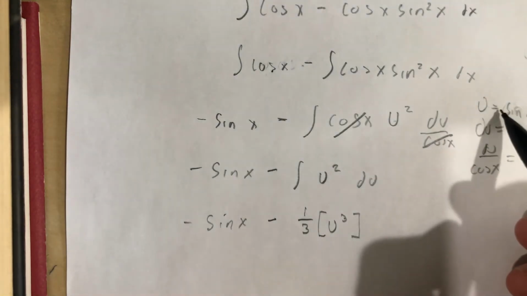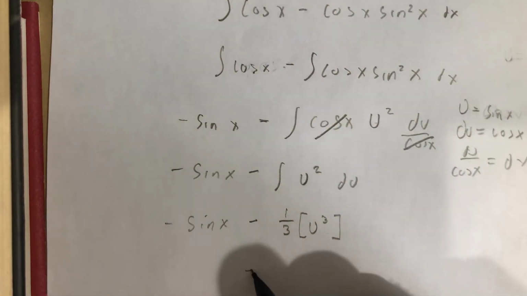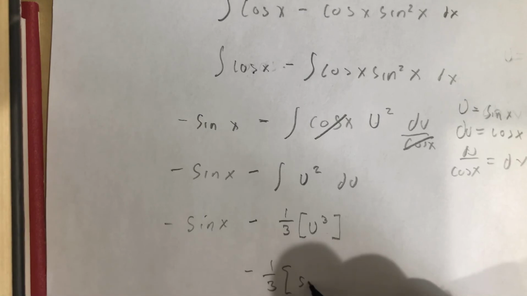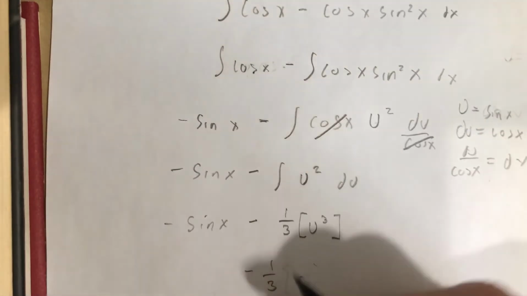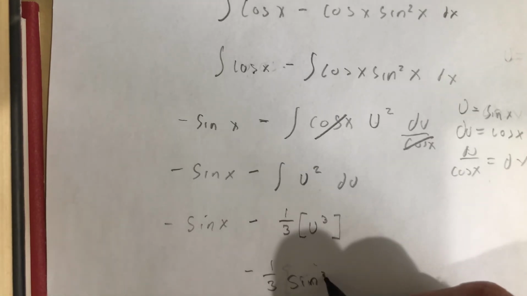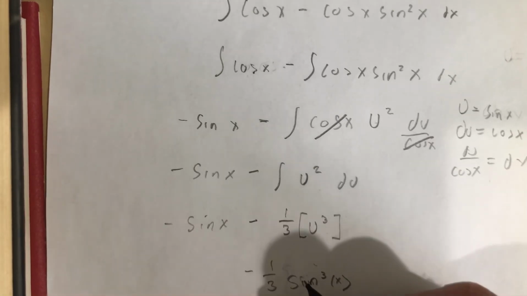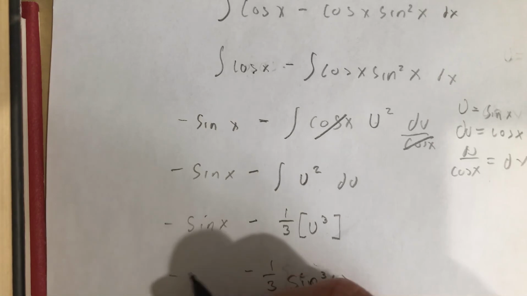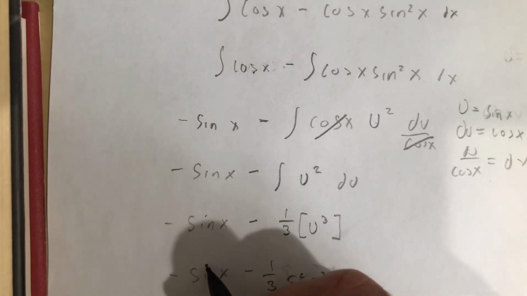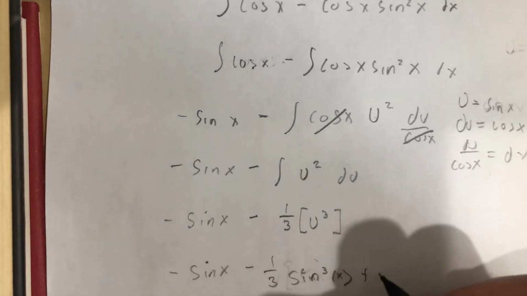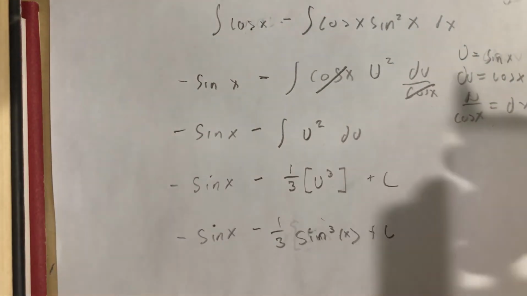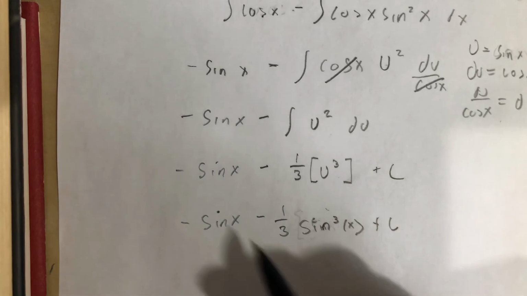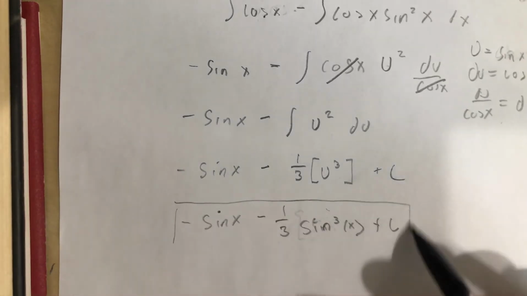And then we plug in our u from here, so sine x is just going to be this. So 1/3 sine cubed x minus sine x plus c, because it's an indefinite integral. Should probably do plus c here. And so we noticed that this is our final answer,